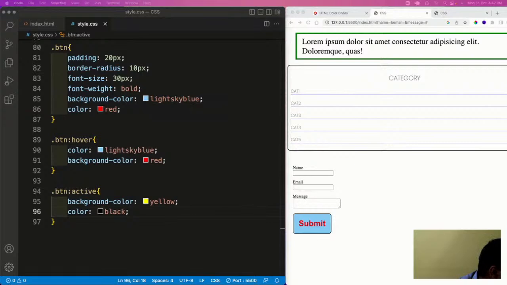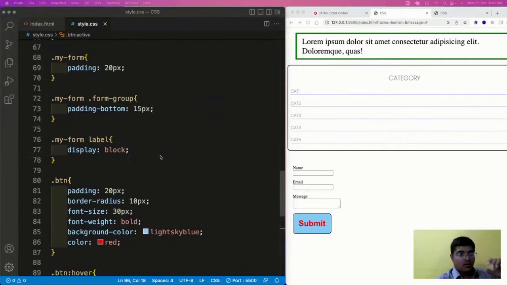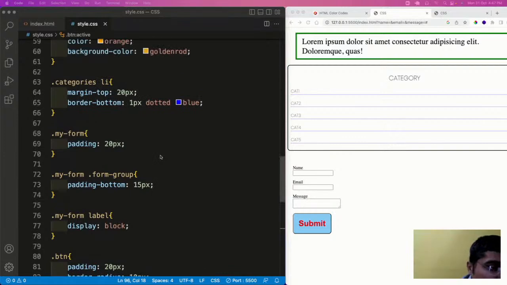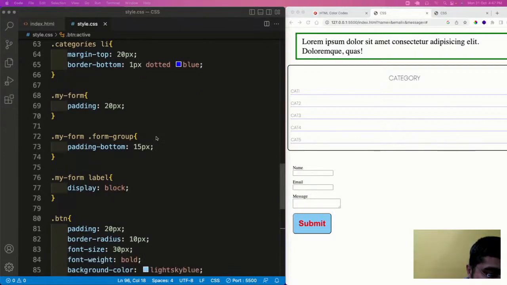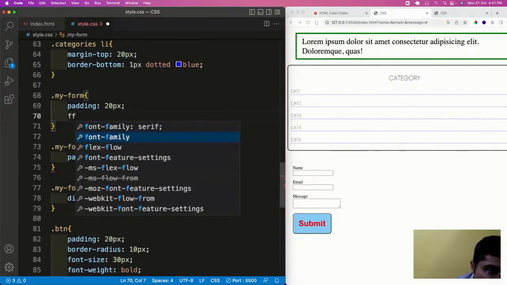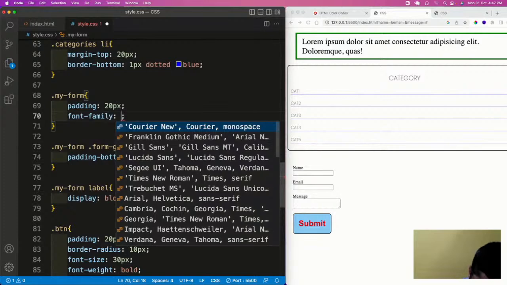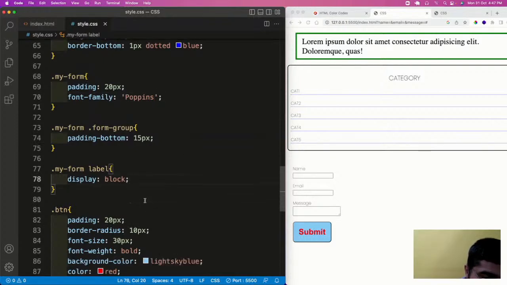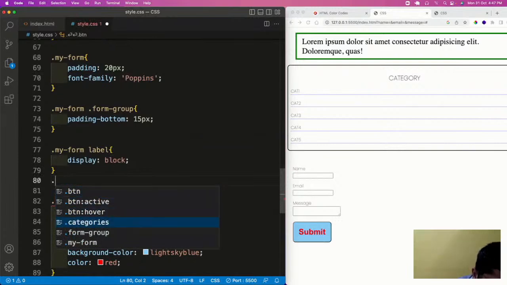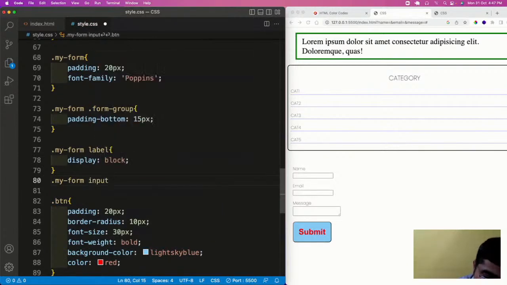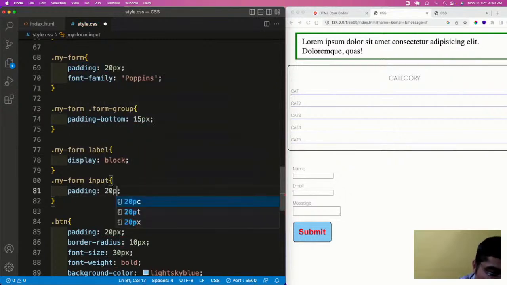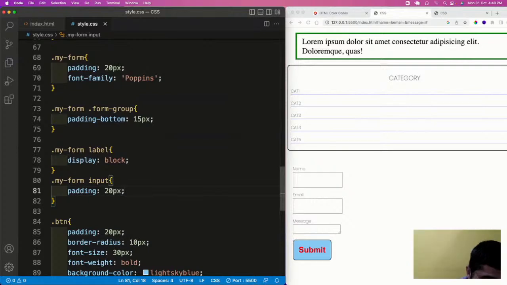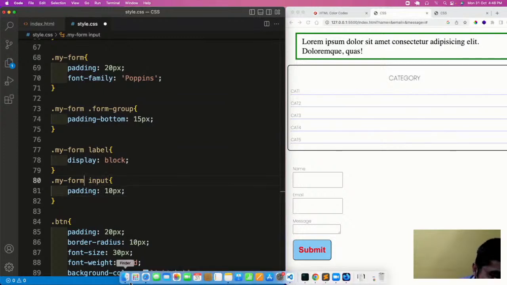So we can have here. Okay, so let us have the font family of the links, and here in the label, sorry, dot my form input, we have some padding of 20 px. 20 px looks very large, so let us have 10 px, and we need to have this for